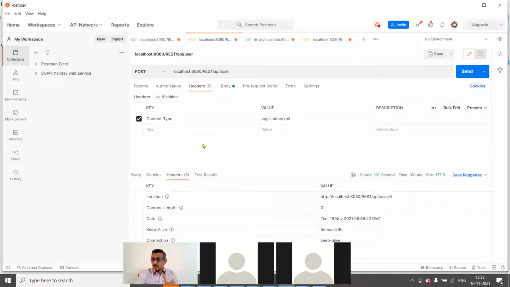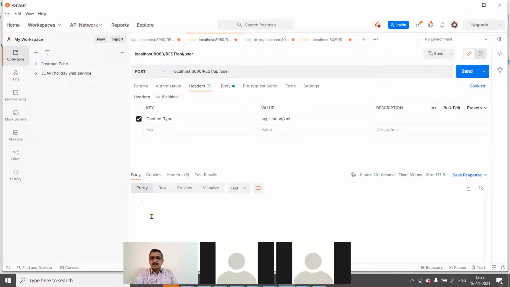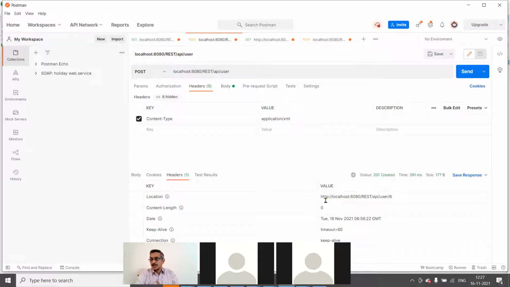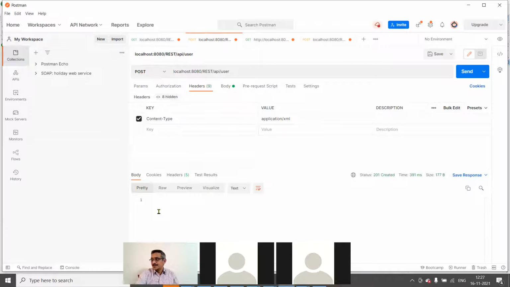Sometimes when you're doing a post request, we may send some content as well as expect some response. Some services, what happens, we send some data, and similarly we expect some response. For example, after inserting this, I want to get the inserted data in the response, instead of sending the location in headers. So let us return the entire data here, right? In that case, the post request, along with content type, also uses the accept header, right?